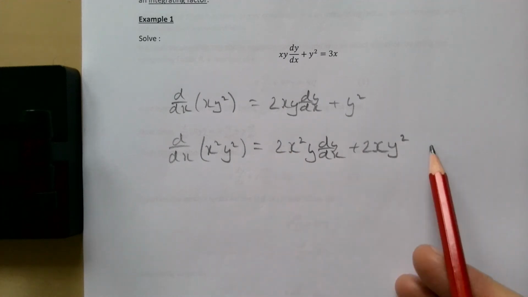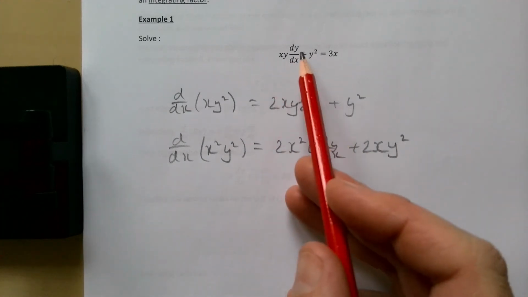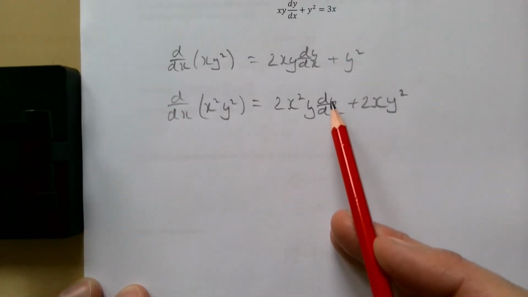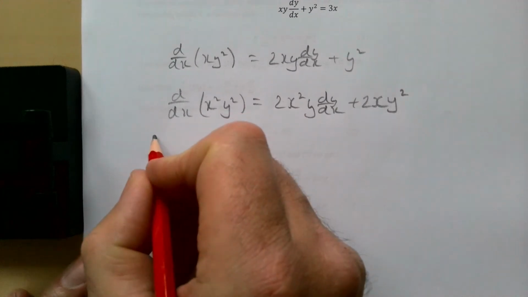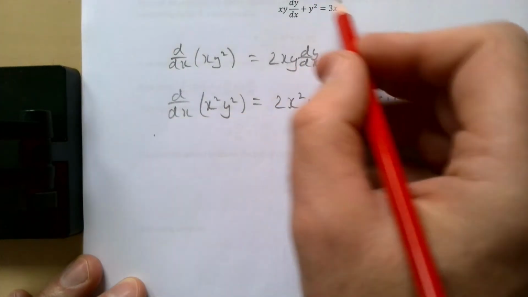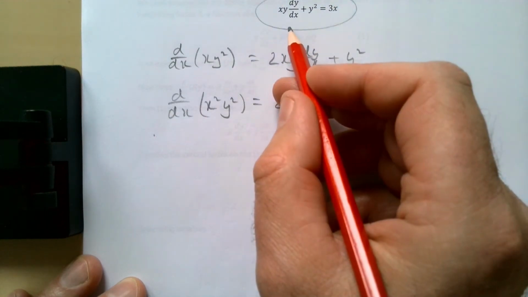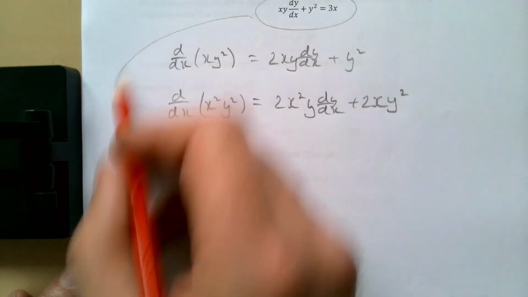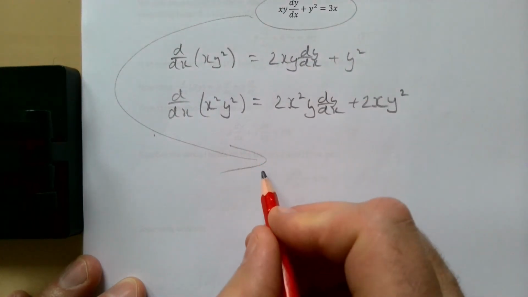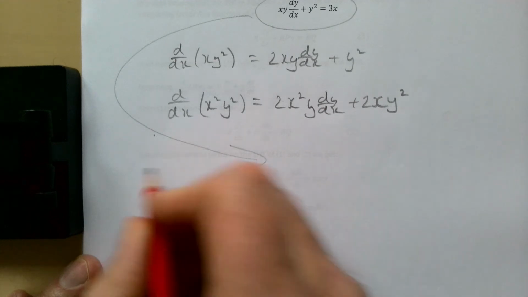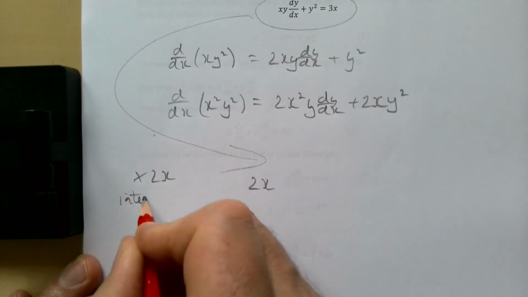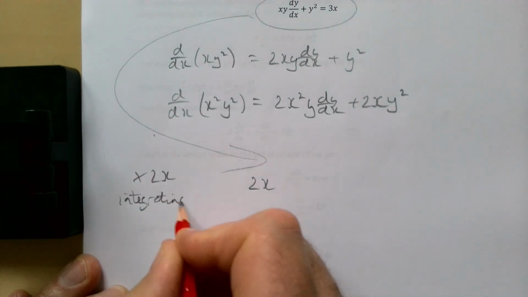If we look at this, if you multiply this by 2x, you will end up with this. So therefore, this has an integrating factor of 2x. So if we multiply this by 2x, which is known as our integrating factor,